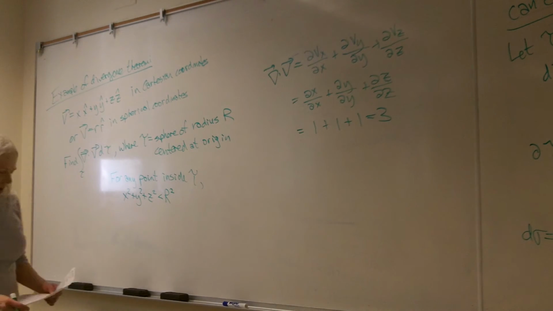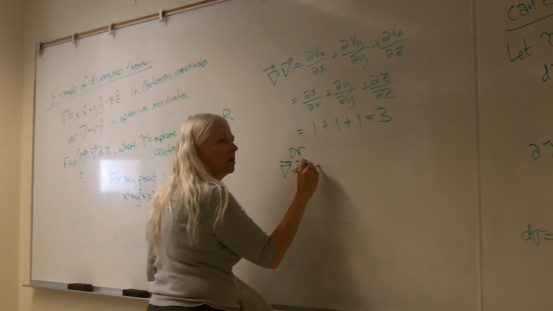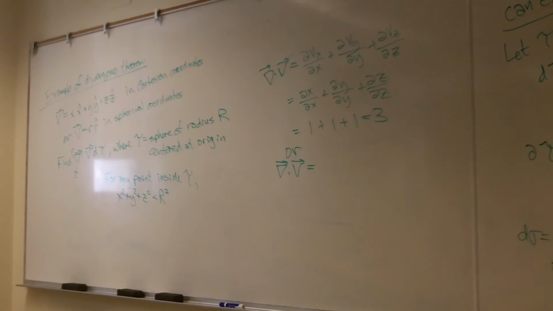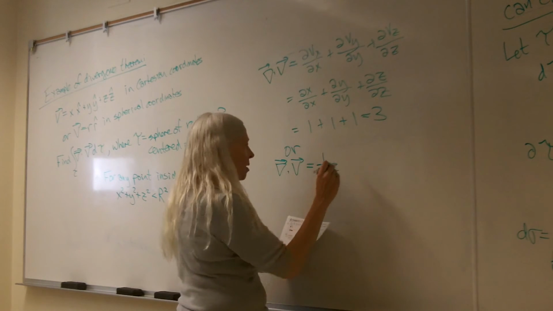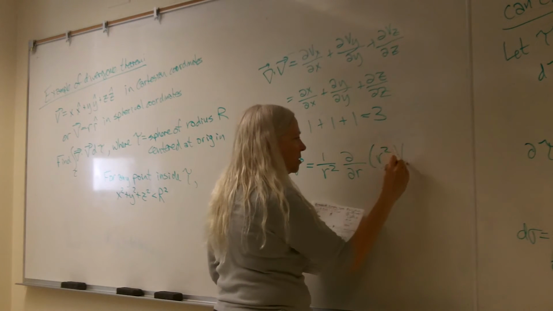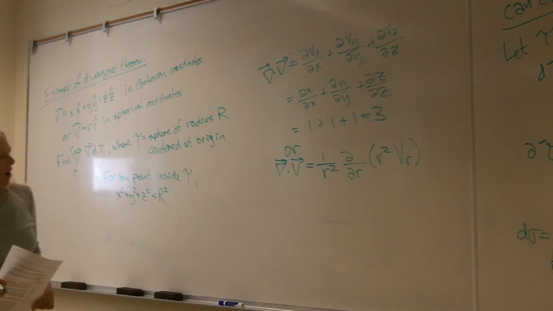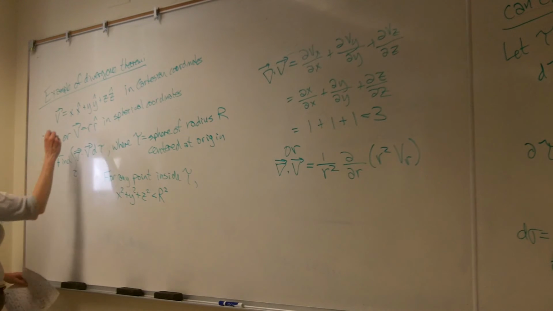Okay? We can also use spherical coordinates to analyze the divergence of v. Right? In spherical coordinates, the divergence is 1 over r squared times the derivative with respect to r of r squared v sub r. There are some other terms which I don't have written in here in my notes, but we've seen them before, right? We found the divergence in spherical coordinates. There are 2 other terms that involve derivatives of v sub theta with respect to theta and v sub phi with respect to phi. But notice that in our case,